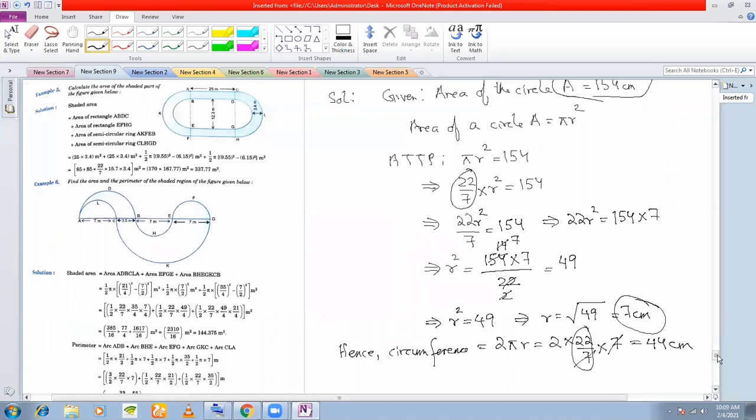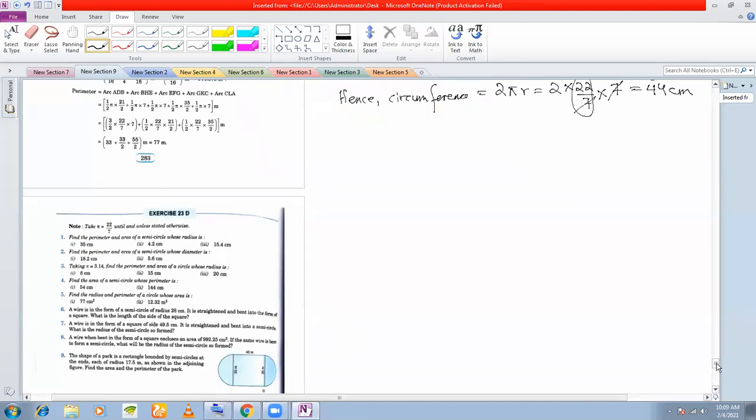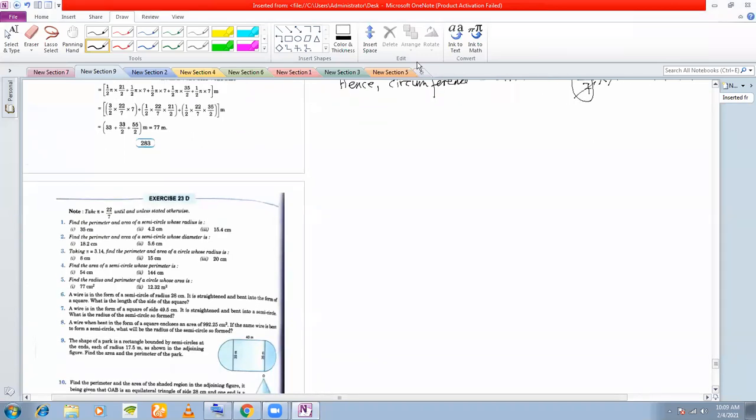Okay. So once we know the radius, the area and circumference of a circle, there's a very important formula that you must know, which is called the area of a circular ring. They have not given this in this book, I think, but you must know this. This is something that is very, very important. Area of a circular ring.